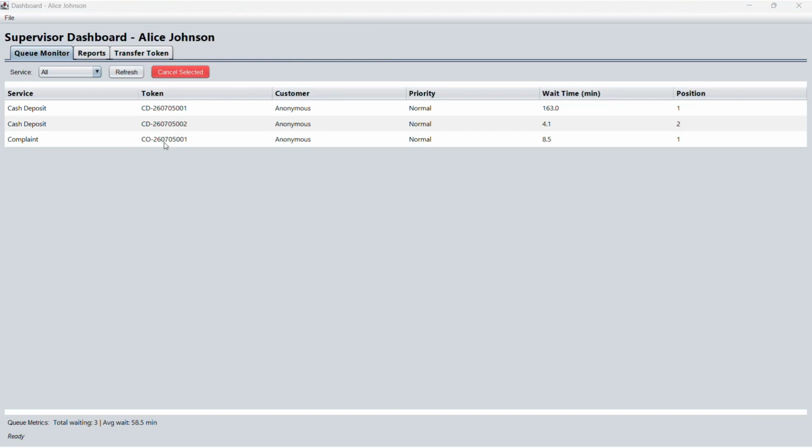Supervisors can monitor all active tokens, their priority, and their wait time. This allows them to make quick decisions. For example, if a specific token is waiting too long, the supervisor can transfer it.